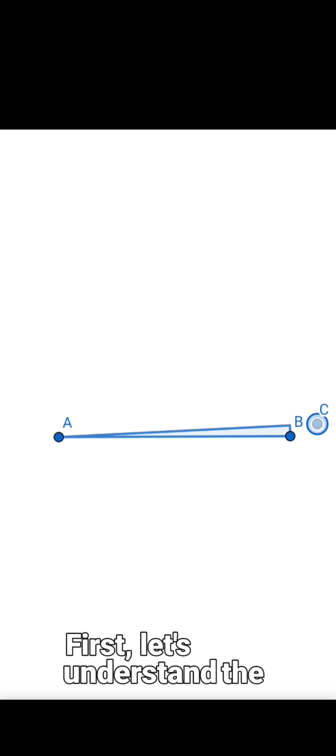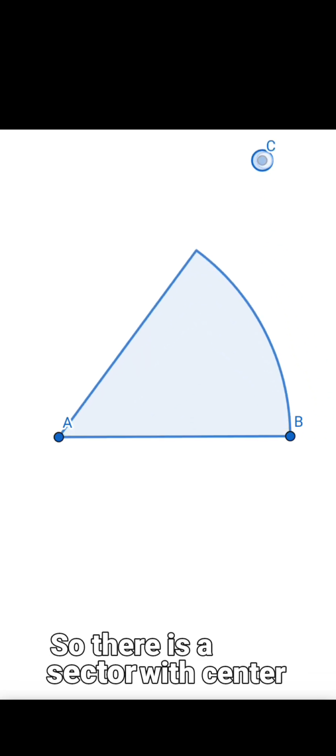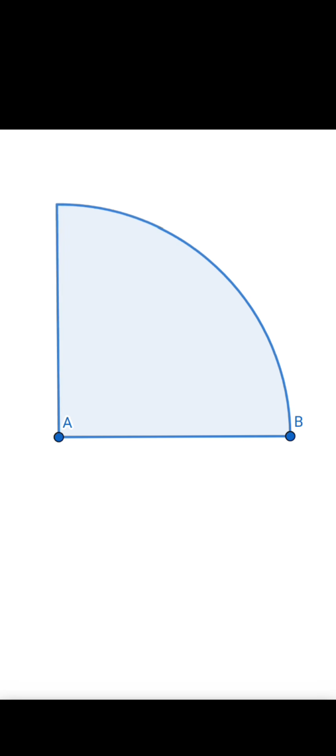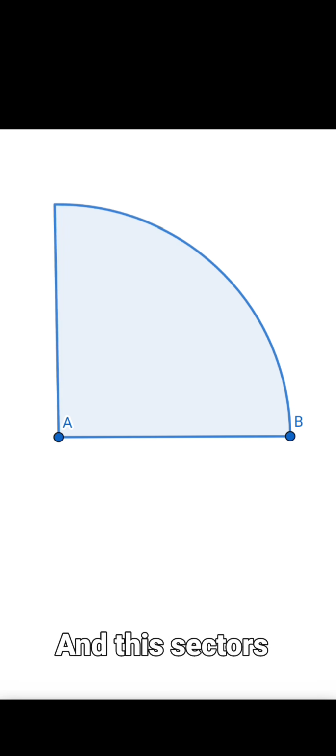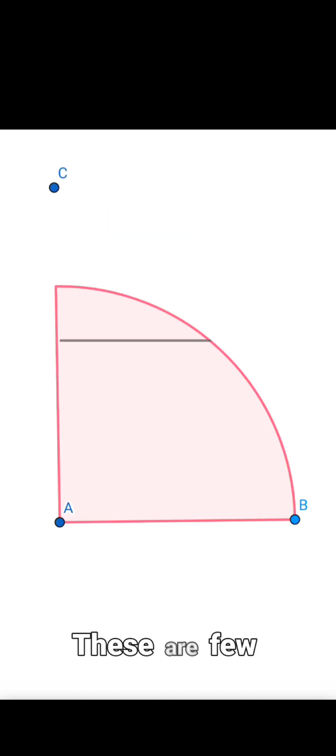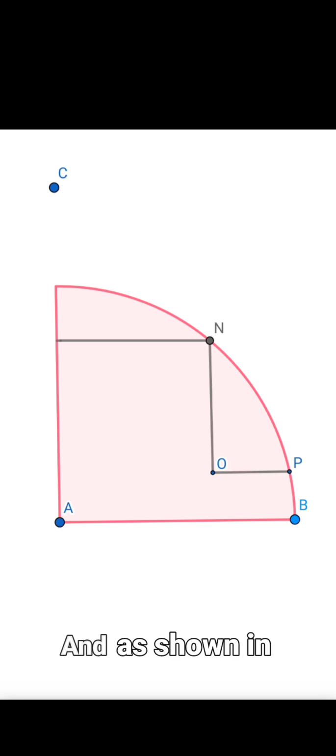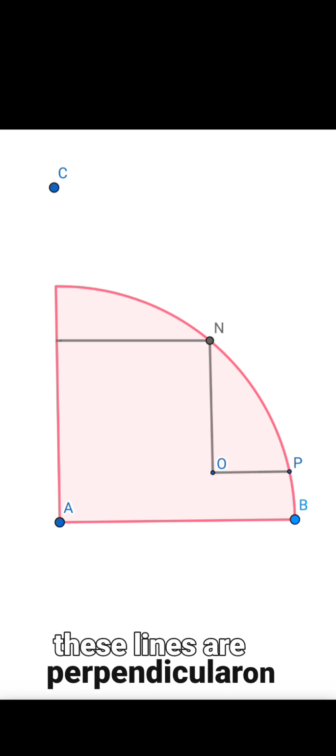First, let's understand the question. So there is a sector with center A and radius AB, and this sector is 1/4 part of the circle to which it belongs. These are a few lines which are given with measurements, and as shown in the question, these lines are perpendicular to